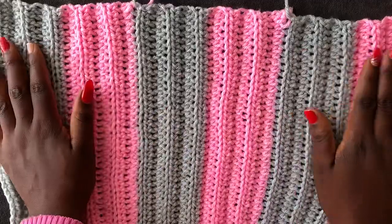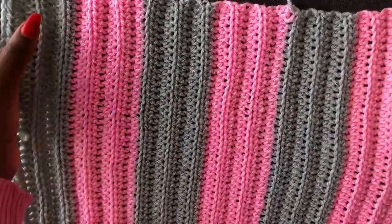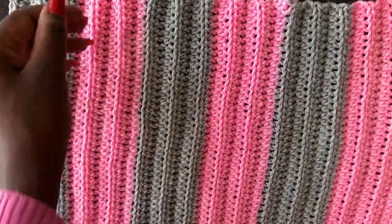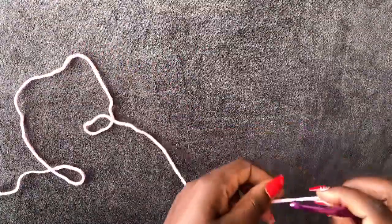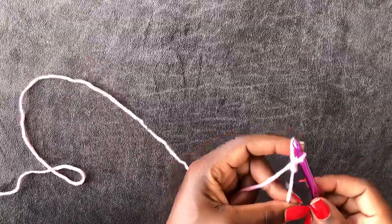These are my 30 rows of half double crochet, which is going to be the back part of my sweater or cardigan, crop top cardigan. So let's work on the front. We're going to do the same thing again because we have to maintain the measurement. So wrap up your yarn, make a loop,